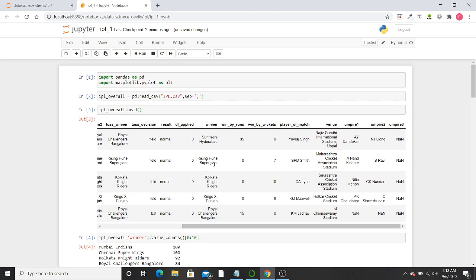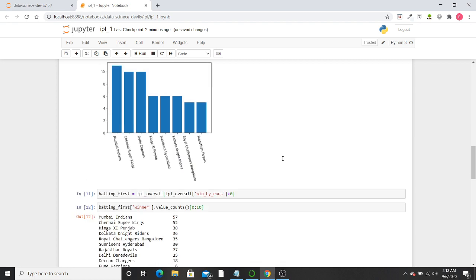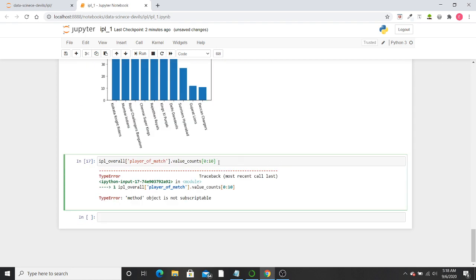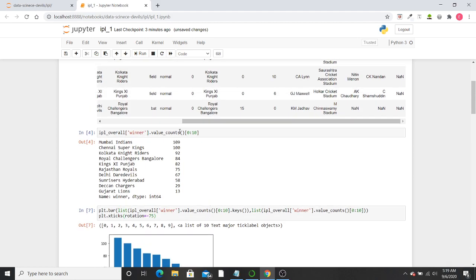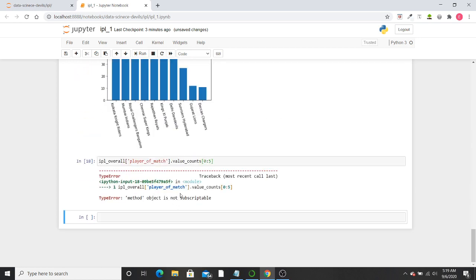Let's try by changing it to 5. Method object is not subscriptable. Okay, I made a big mistake here. Value underscore counts was a method. I was treating it as an array.